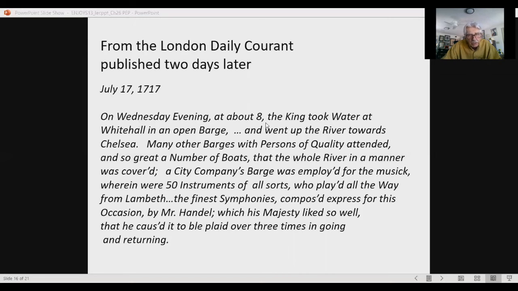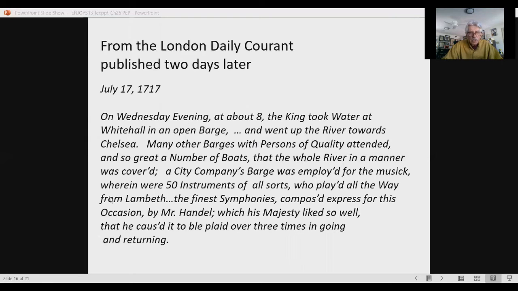On Wednesday evening at about 8, the king took water at Whitehall in an open barge. You can look at that picture in your mind, and the description applies to that painting. So it took water, meaning that he got on the water. And Whitehall is a suburb of London now, right? He went up the river towards Chelsea, and that's still there. Many other barges with persons of quality attended, and so great a number of boats that the whole river in a manner was covered. A city company's barge was employed for the music, wherein were 50 instruments of all sorts,